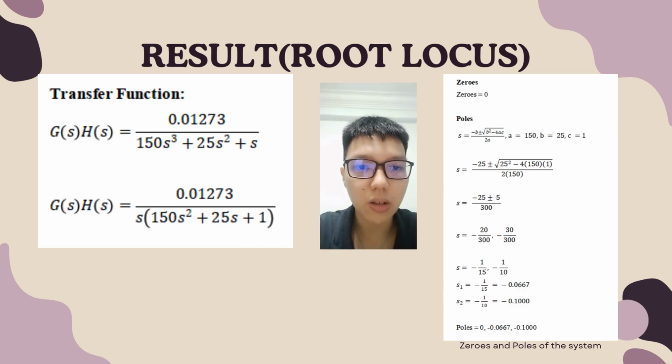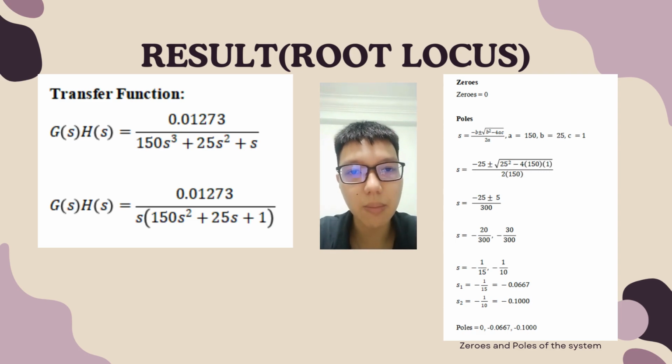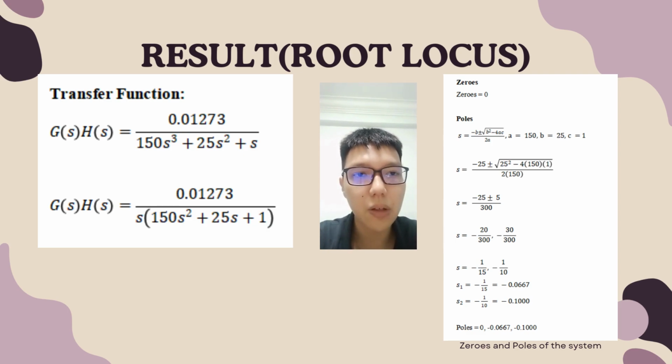For the root locus, before we find it, we need to know some details and information about root locus. First, our transfer function for this system is 0.01273 over 150 s cubed plus 25 s squared plus s, which is a third order system. In this system, we have no zeros, and by solving the equation, we find that the poles consist of 0,